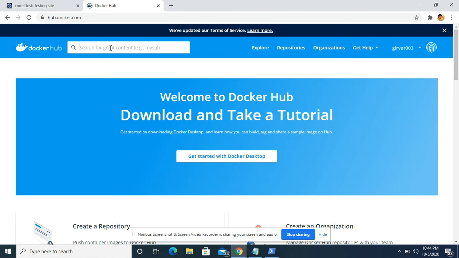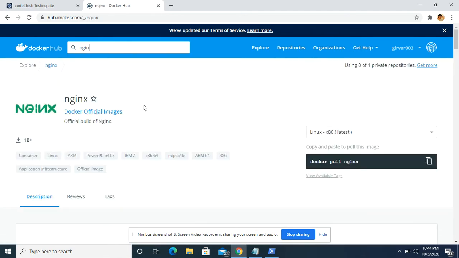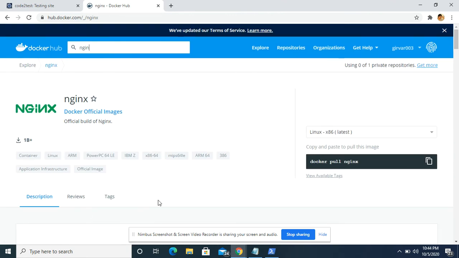If you want any image, you just search for it here. For example, I want Nginx. As I search for Nginx, which is a web server, Nginx opens up. This is the command to pull Nginx.